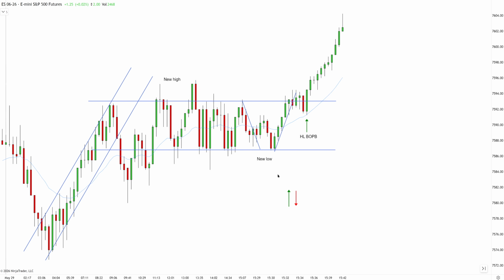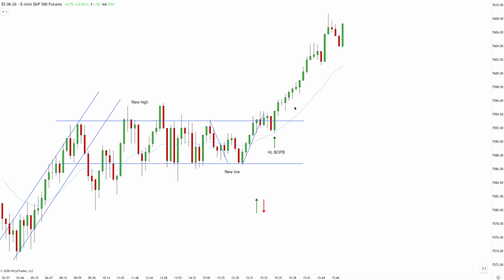Alright traders, we're looking at S&P 500 mini futures. The structure right now is quite bullish. We had an initial spike that played out with a break push to a new high. We had a high-low breakout pullback, first high probability setup for the day, and the market continued to trend higher